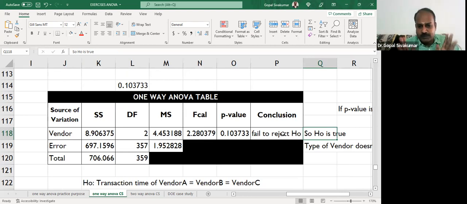So this completes our understanding on the calculations behind ANOVA. I have taught you not to make you learn the calculation by heart, but you should know that a strong procedure exists, and using which, this happens. And now the P value, you are just looking at the last step. If you use the last step correctly, that is good enough for you to take a right decision. Now I want all of you to open the Excel sheet. Data is available, and